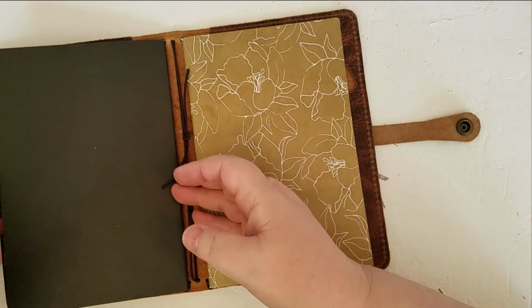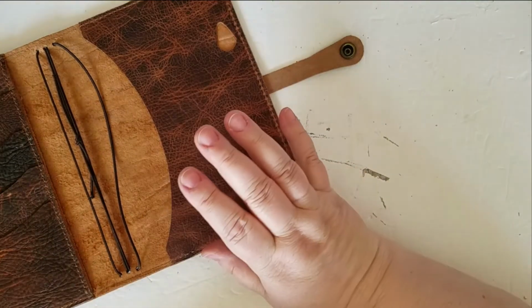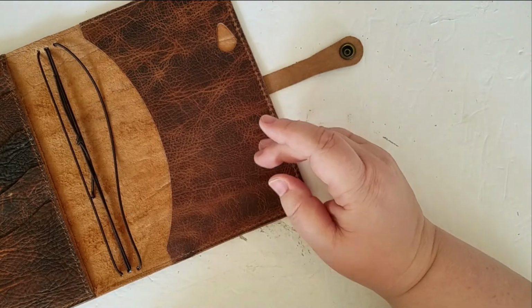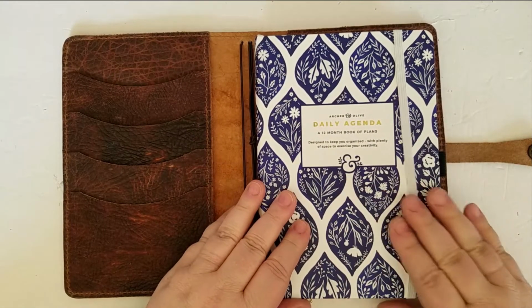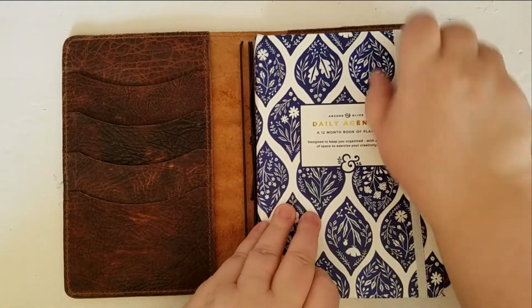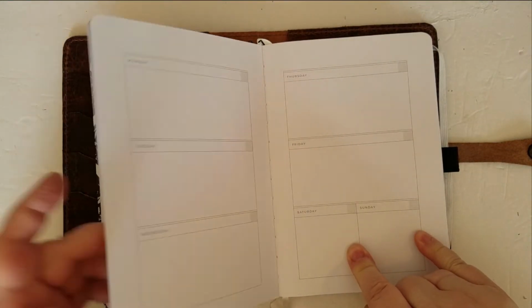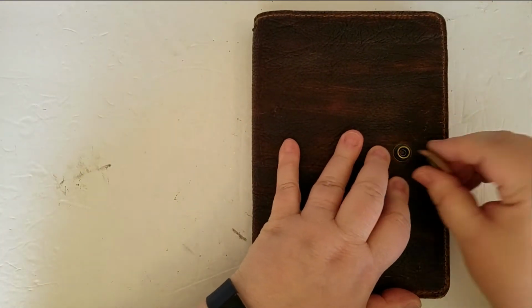I haven't decided completely, but I had been planning on housing my daily agenda book in here. It stays at home, it doesn't travel around with me a lot. And I'm planning on using this for a social media planner. I know we're already at the 13th of January and I haven't put anything in here yet. But I am thinking that this might be how I keep track of what videos I'm planning on filming each day, or when I'm planning on filming them. So that might be what will live in here,